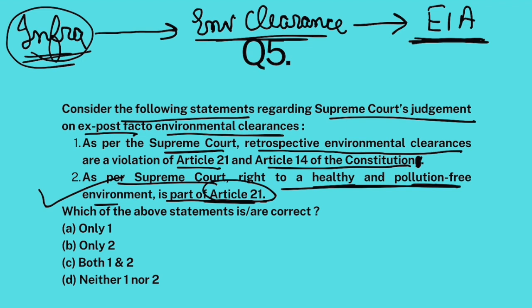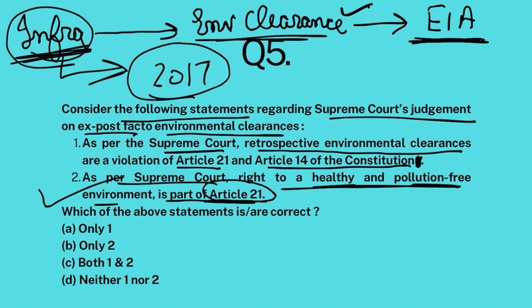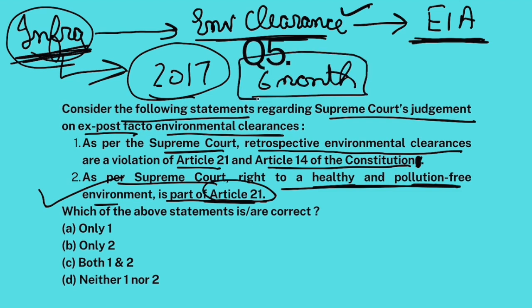Okay. Now, what happened was that many infrastructure projects started building without getting this environmental clearance. And they were functioning. Okay. Now, this was a clear violation of the law or the rules. Now, in 2017, the Government of India came out with a notification and said, all those infrastructure projects that started without getting their clearance can get their clearance now within this 6-month window. They won't be punished. Okay.